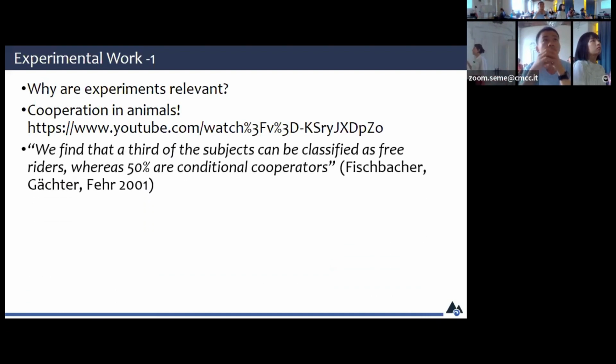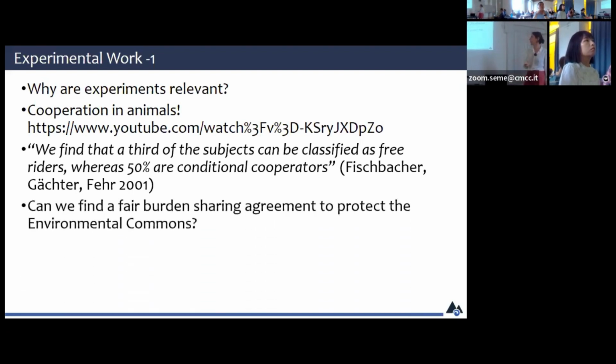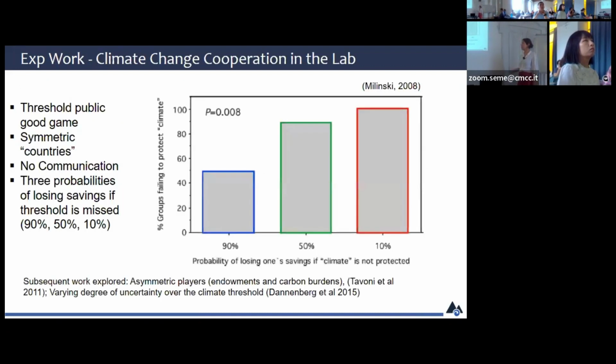And there is a huge literature that has studied cooperation, and that finds that a third of the subjects are free riders, but 50% are conditional cooperators, which means if you cooperate, I'm going to cooperate. There have been meta-analyses showing that this happens. So can we find a fair burden sharing agreement to protect the environmental commons? The literature here is huge. I'm showing you this paper. This paper is looking at